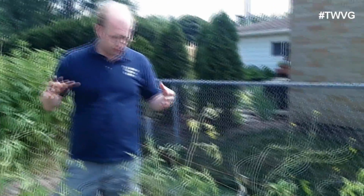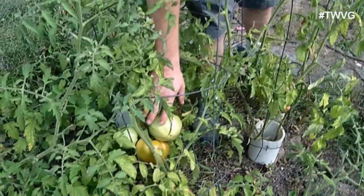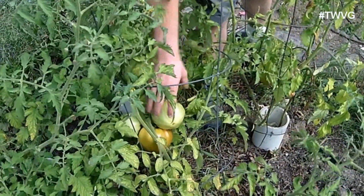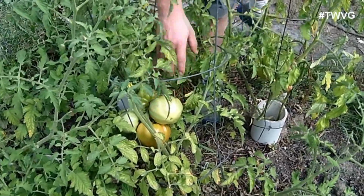Well, we've done some research, we've mulched, we've done a lot of work on it, and we only have a few plants now that are getting hit with it, which is fine. Now, I'm not certain of the variety of this particular tomato plant, but you can see how large those tomatoes are. Those are baseball and softball size, and we've been getting beautiful tomatoes now for the last couple of weeks